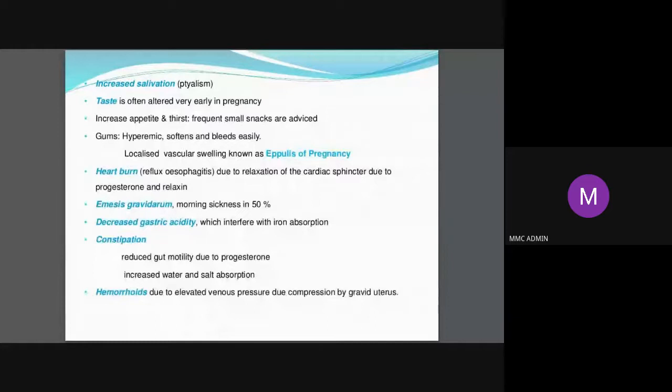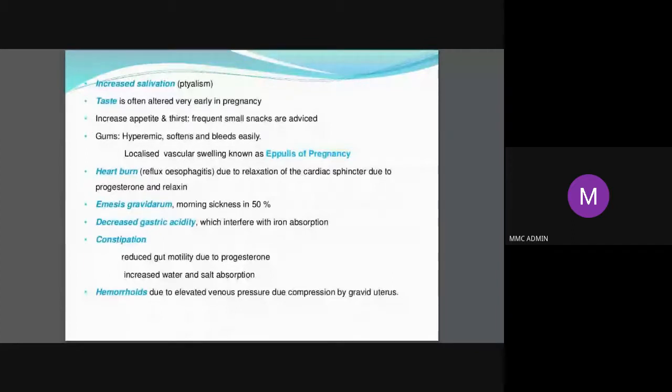So because of all this, what do you actually tell the pregnant lady about how to eat? The first thing you tell her is she has to take easily digestible, non-spicy food, and she should not stuff her stomach fully. Instead, she should have small split meals, like how you advise a diabetic to eat. Same thing you can tell here also, so that she doesn't suffer from all this. The same way, because the entire GIT, all the smooth muscles are relaxed, she may go in for constipation, which is a common complaint. Ask her to drink more water, take more fibrous food, and in case with all that it doesn't resolve, then you have to give her something to relieve her constipation.